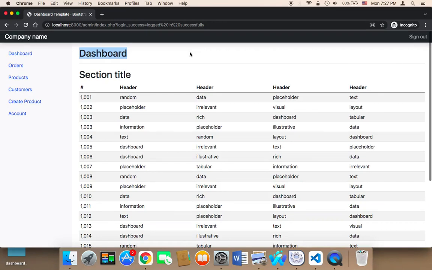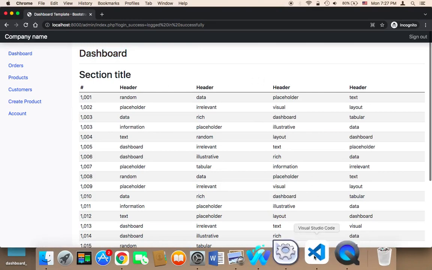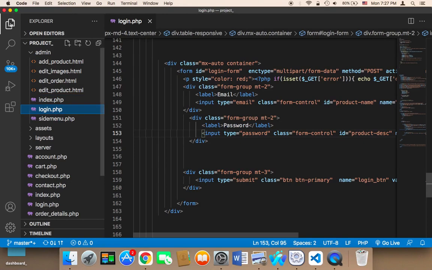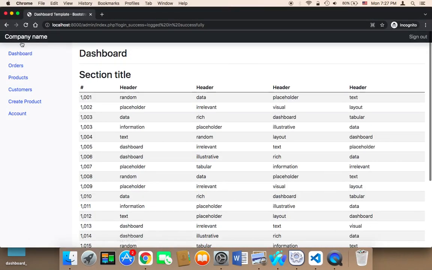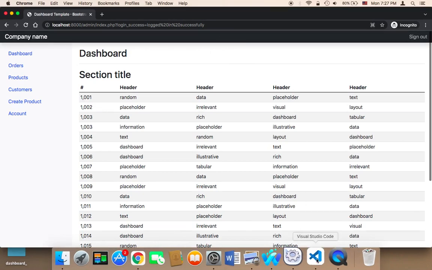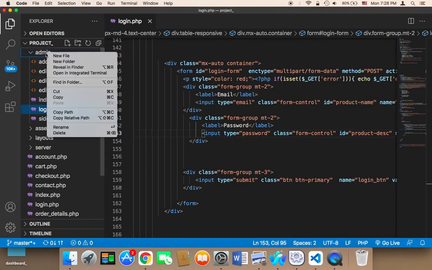Welcome back. Now what we need to do is organize the template further so that I will be able to create other pages and work on other pages. So in this template I have the side menu, and we also need to create a header. So I'm going to create a new file in the admin here called